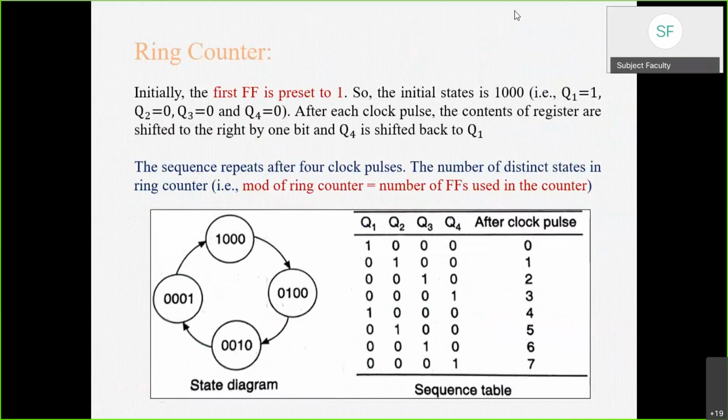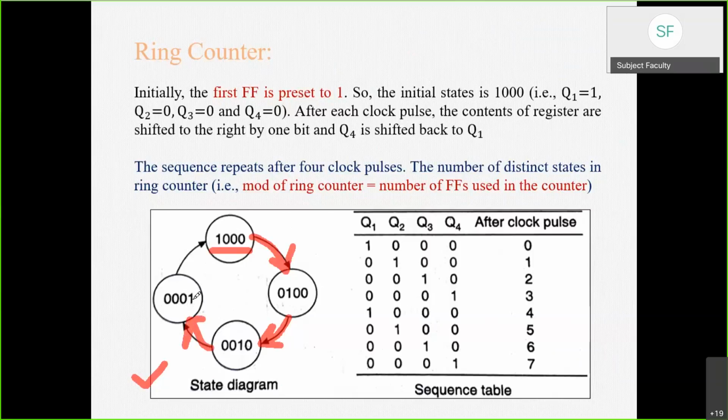So again, this is a very important slide. This is the state diagram. What it indicates is that a total of 4 states are there. This was our initial state. So what happened after this stage? The next stage was 0 1 0 0. After this stage, it was our next stage. When you are applying the clock, what is happening? It is mentioned in the state diagram. After 0 0 1 0, we will get 0 0 0 1.